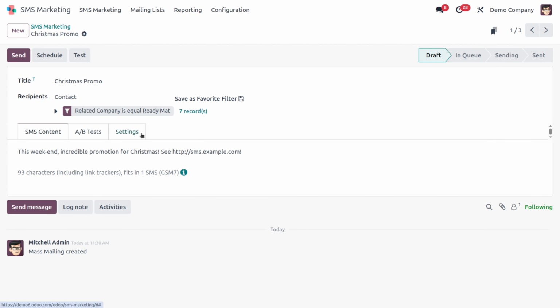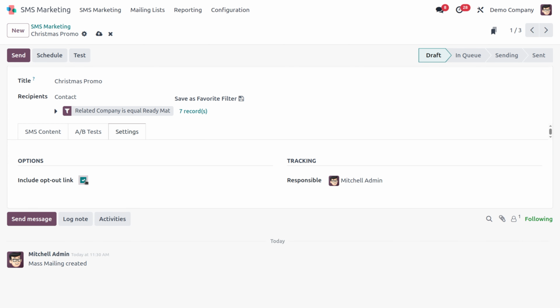You can assign a person to track all of those links using the settings option. When we enter the settings option, we get 2 options, called options and tracking. Here you can see include opt-out link. If we activate the include opt-out link, the recipient is able to unsubscribe from the mailing list, thus avoiding all future mailing.